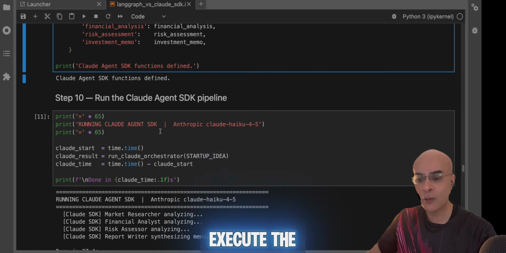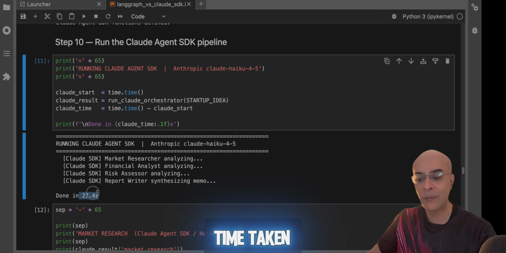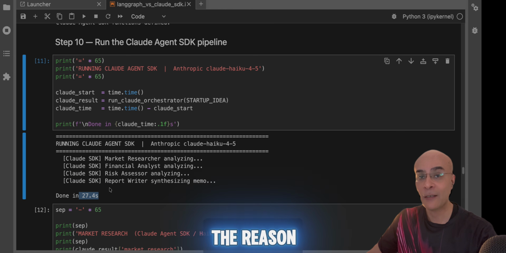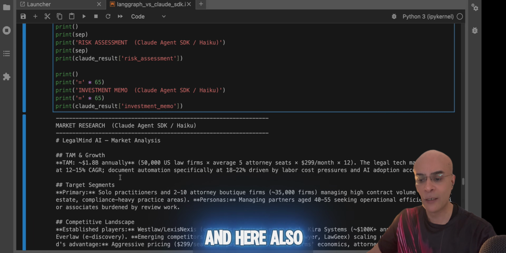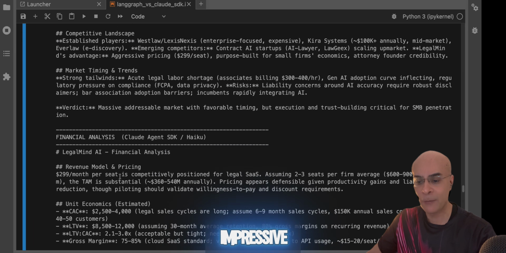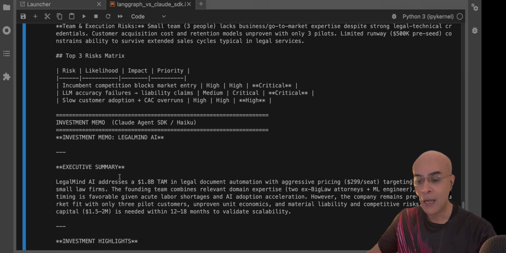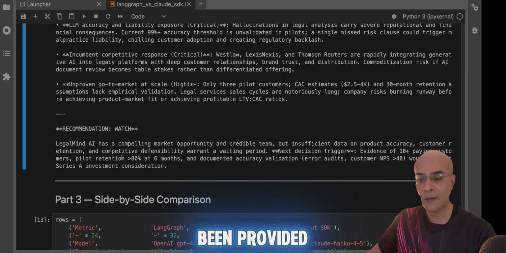So when you execute the Claude Agent SDK, you will see that the total time taken is 27 seconds, which is more than the 11 seconds of LangGraph. And the reason is that all the agents here have executed in a sequence and not in a parallel fashion. Of course, you obtain a different output, and here the output is also quite impressive. You have a detailed analysis of the startup, and you also have all the information which has been provided for this